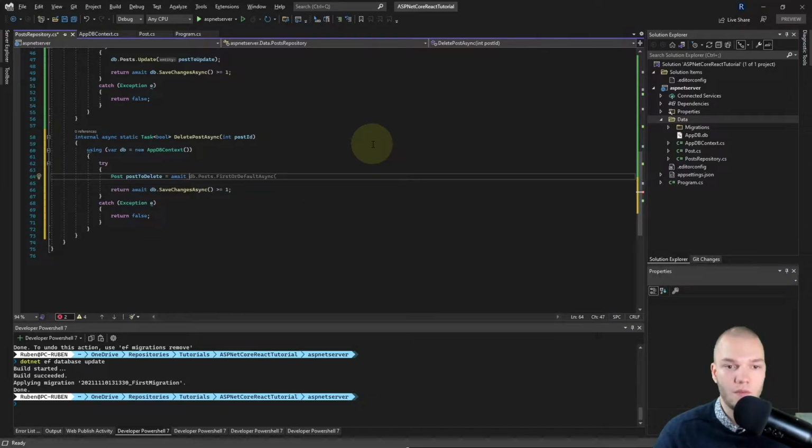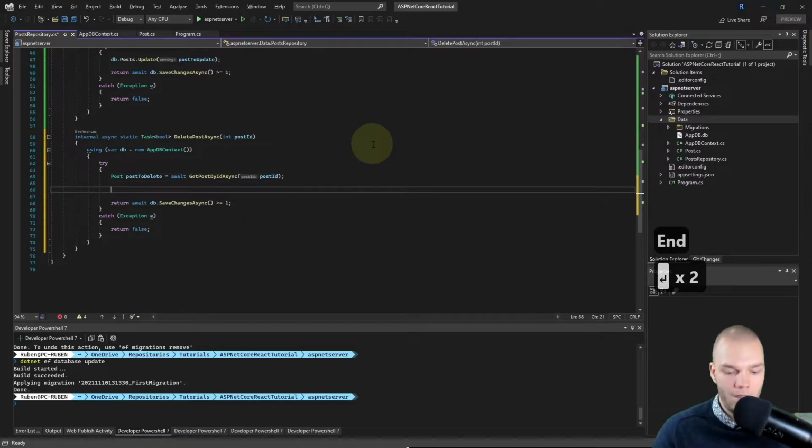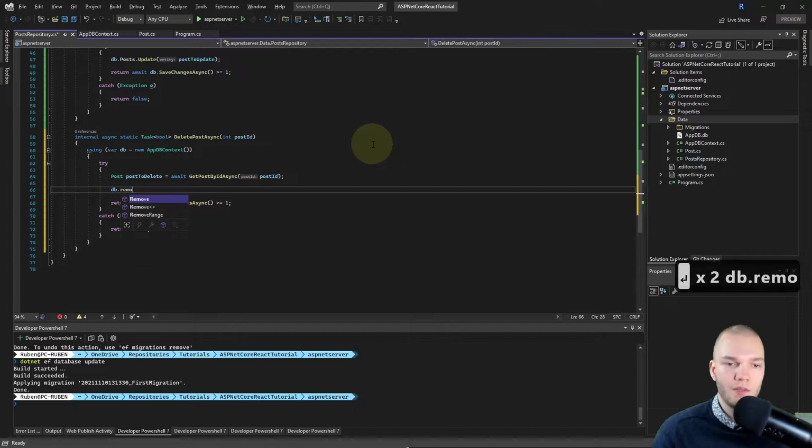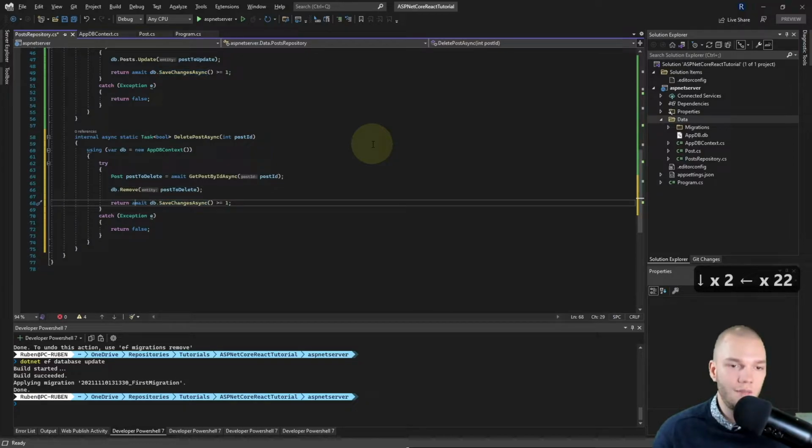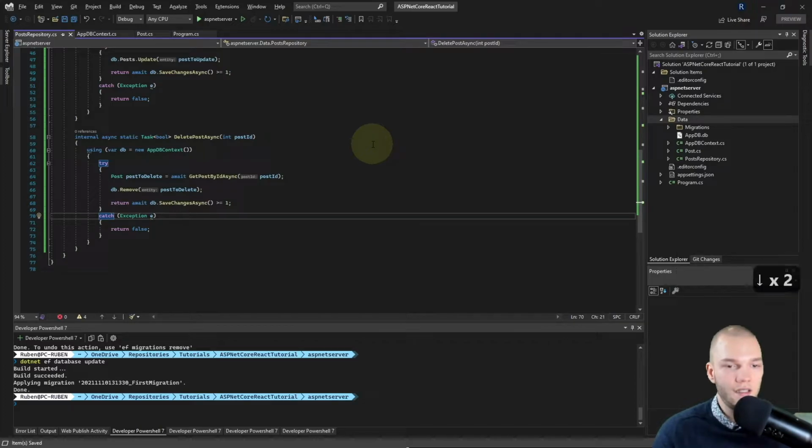And we'll use one of our methods here. So we'll await GetPostByIdAsync. And we'll pass in the postId. And then we will do db.Remove. And we'll remove the postToDelete. And we will keep the same return, SaveChangesAsync. And the rest can stay the same.